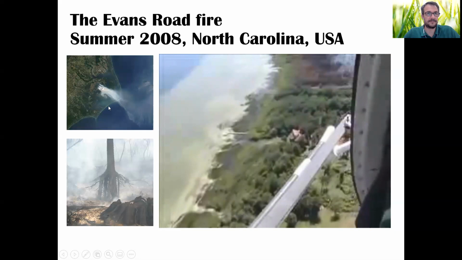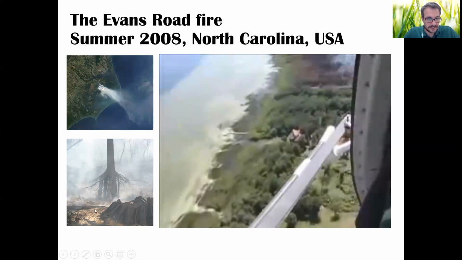So the amount of biomass that was injected from the soil into the atmosphere was orders of magnitude larger than the fires that we are used to with flames. This is, for example, a visual image of this tree. These hanging roots tell you where the soil was before the fire, and this tells you where the soil is after the fire. Obviously, this tree and hundreds of trees around it all died, not because of the fire itself, but because they lost their support structure in the soil.